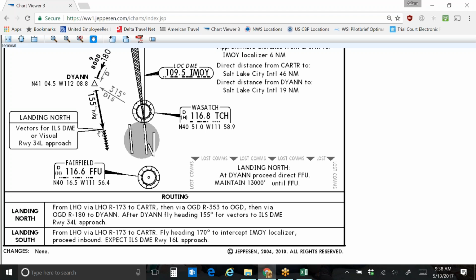Okay, so once you're right here, ATC is basically going to tell you. In most cases, they're just going to have you continue straight. But like it says here, if you're landing north, vectors for ILS, DME, or visual runway 34 left approach. So they're basically just telling you that you will receive vectors. So if you ever see the word vectors, that just means it's something the ATC is going to give you. They're going to give you the instructions. They're going to say, okay, maintain 155 degrees at 8,000, and then